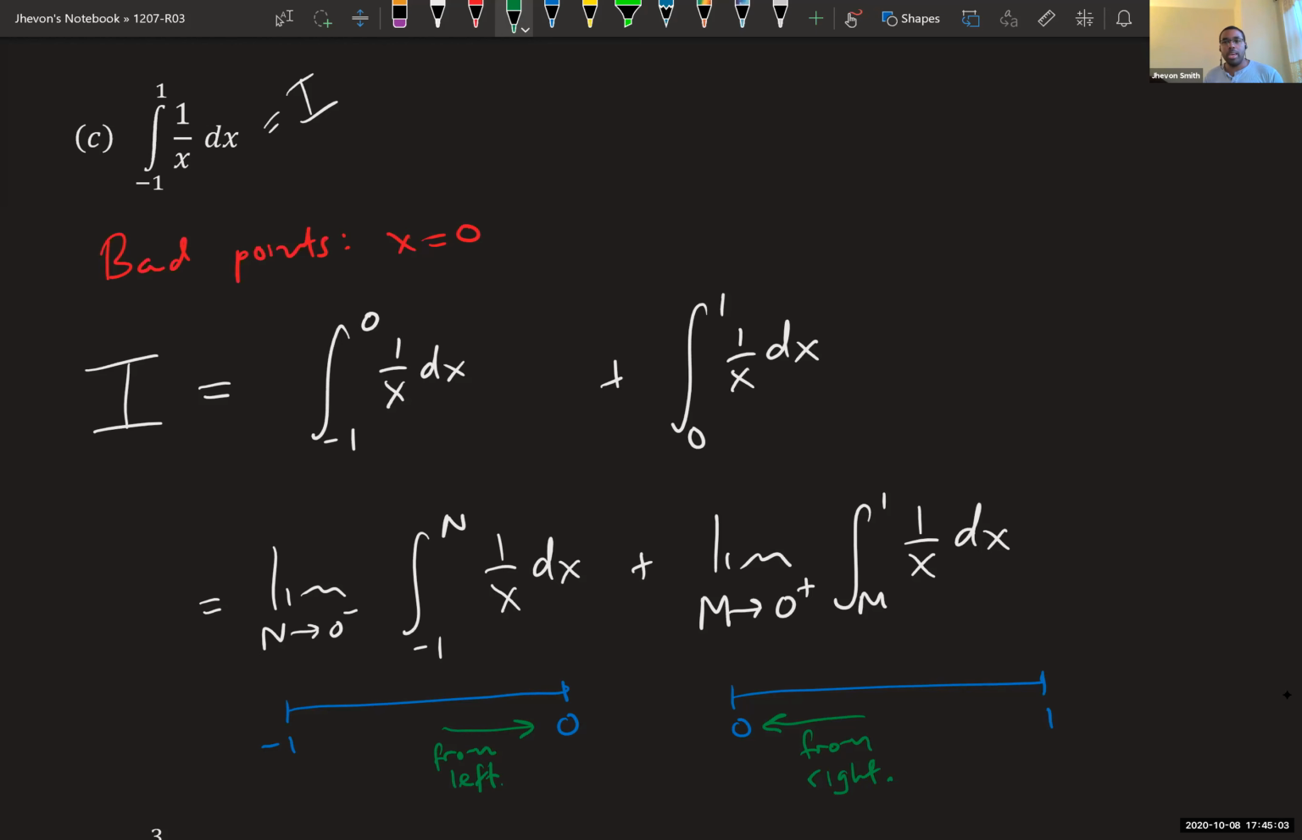Unless the bad point is infinity, in which case you don't really have to say anything, right? Because you can't approach infinity from the right. So obviously if you're approaching infinity, it's from the left, so you don't even have to write it. And obviously if you're approaching negative infinity, it's from the right, so you don't need to denote that. But for any finite limit that we're covering, you might need to be aware of what side you're approaching it from. And yeah,